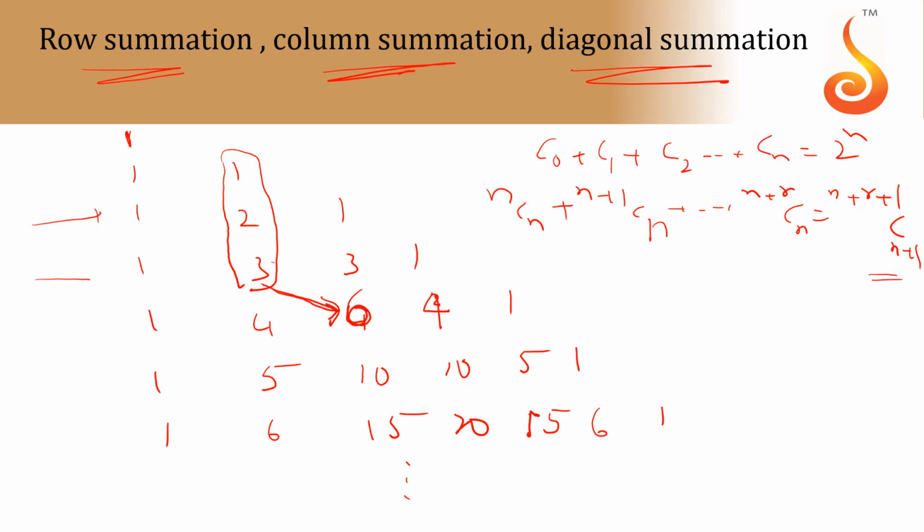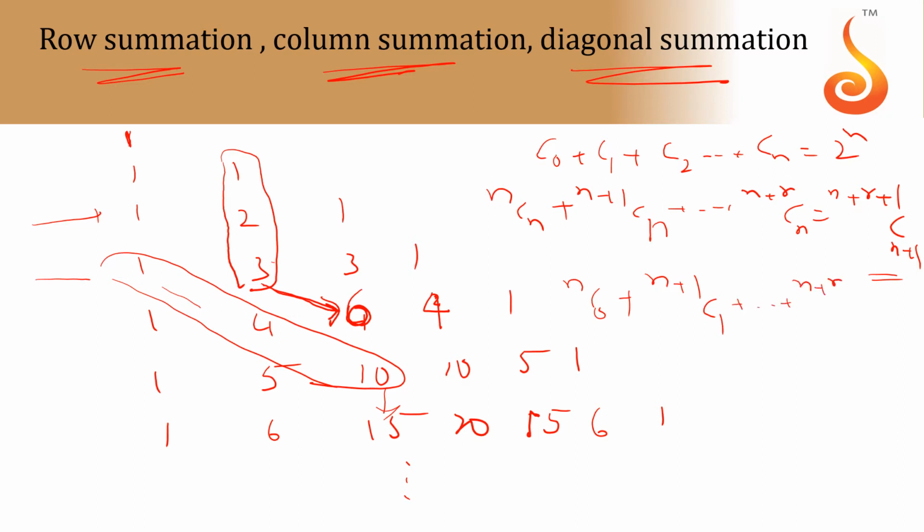That is column summation. Now diagonal. Diagonal means it starts with the starting element. So suppose this is a diagonal: 1, 4, 10. What is the sum? 15. So it's like this: NC0. Diagonal means down a row and shift further. So both increase: n plus 1 C1, n increases, r increases, the suffix also increases. So on, n plus r C